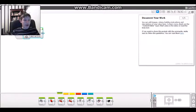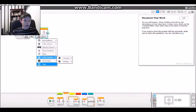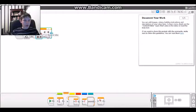And then also within these code blocks there are different options you can choose. For example, you can say, I want this motor to always be on, or until, let's say, the touch sensor is pressed. So you could tell the ev3, I want you to keep the M motor on until the touch sensor is pressed, and then